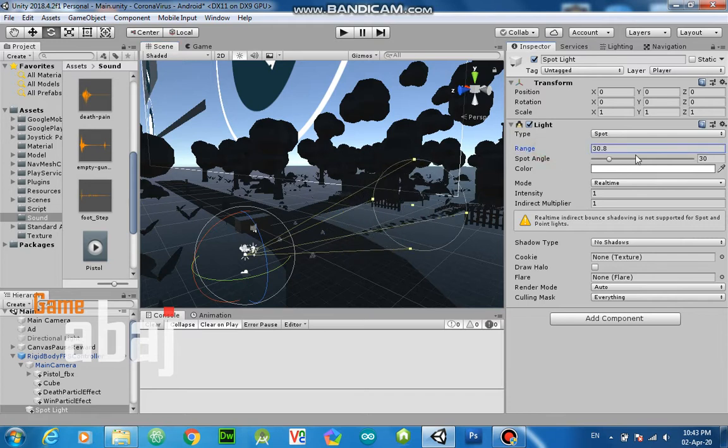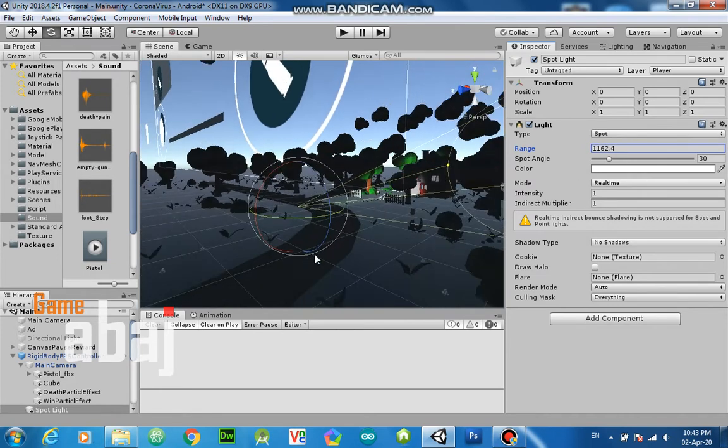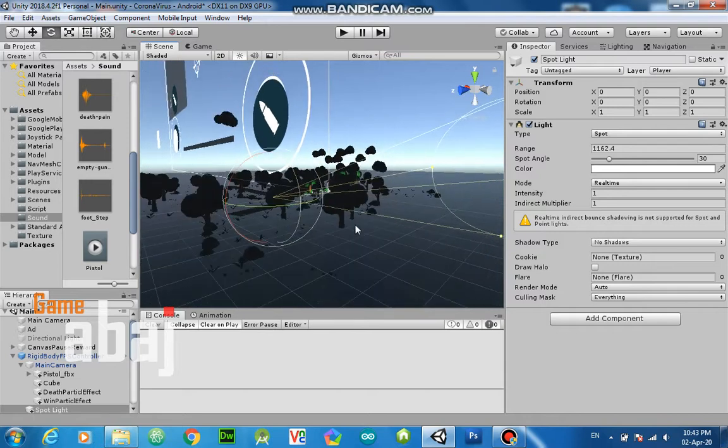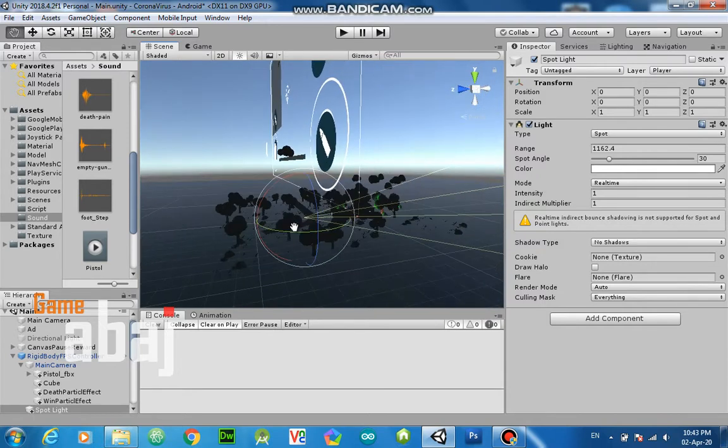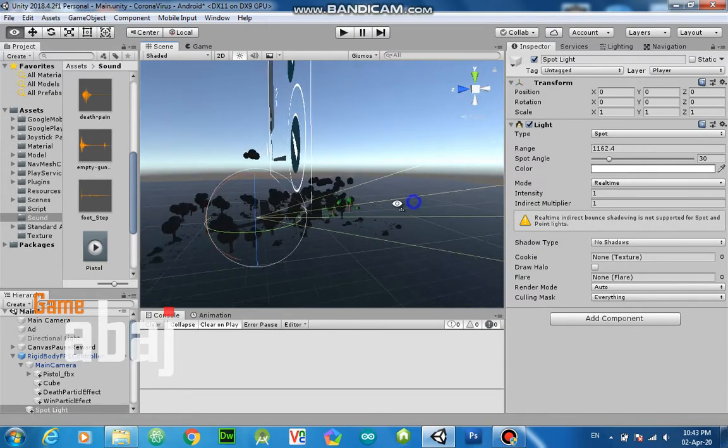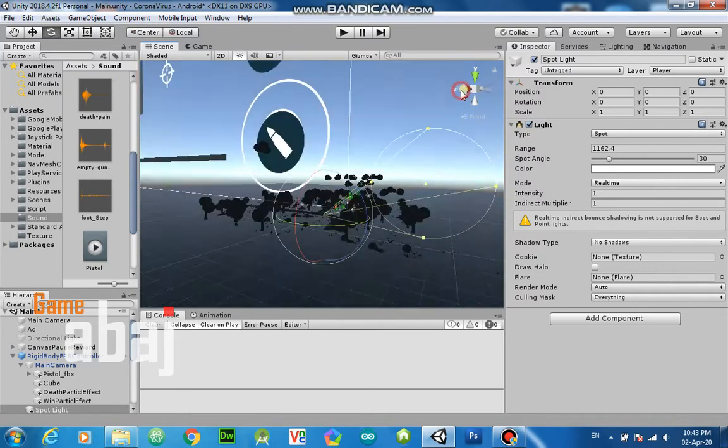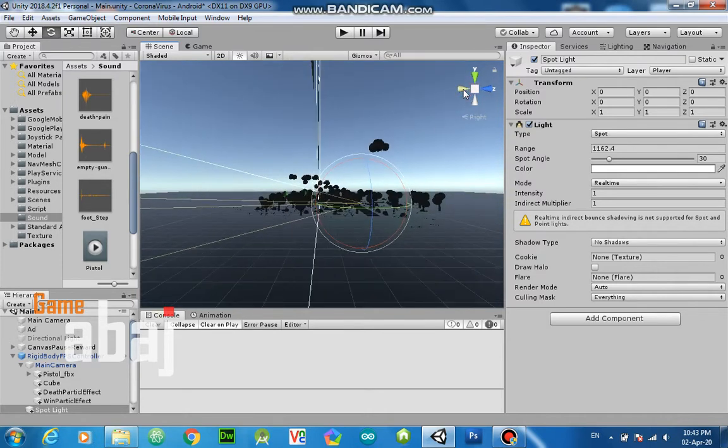I need to scale this range in this direction very long, because I use this as a torch. Very long distance, the full scene. Okay, this is much longer than I expected.